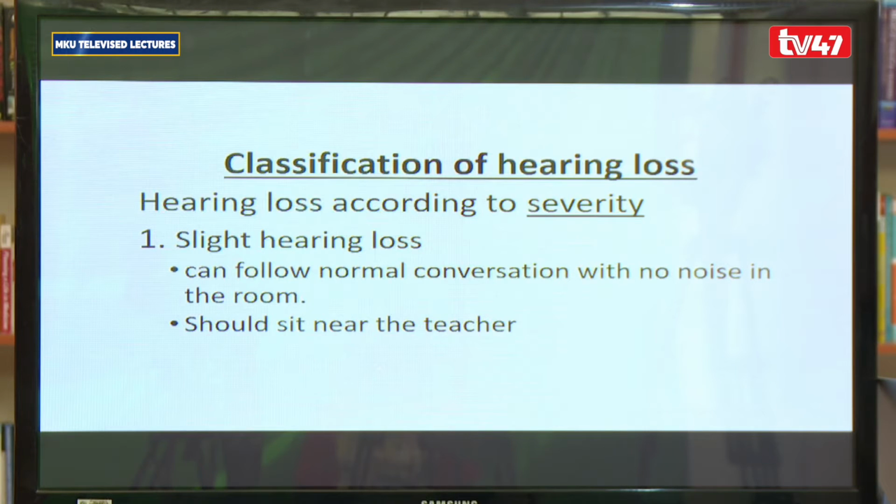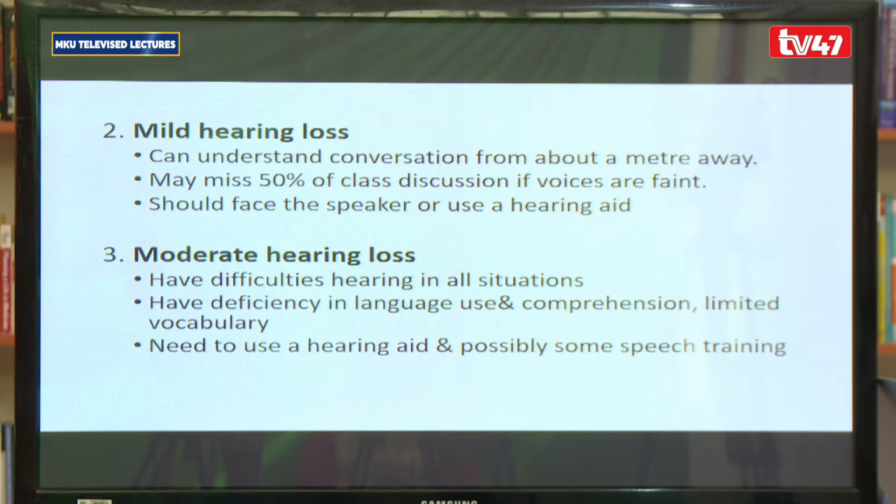And when we have learners like those in the classroom, they are recommended to sit near the teacher so that they are not distracted by any other noise or movement. When they are nearer the teacher, they are able to hear and they can just continue. They do not need any other intervention as long as they are able to hear the teacher.